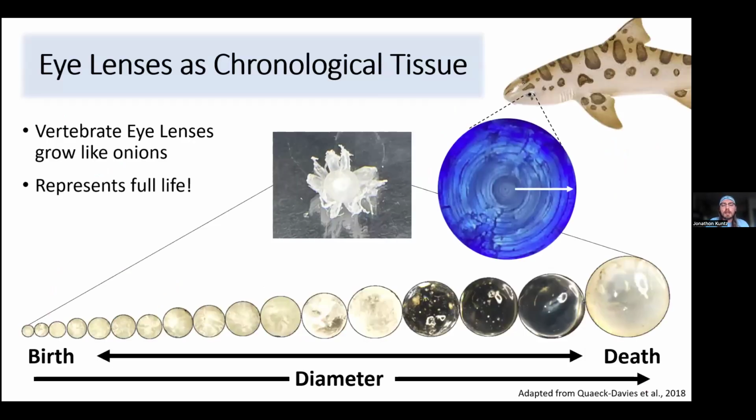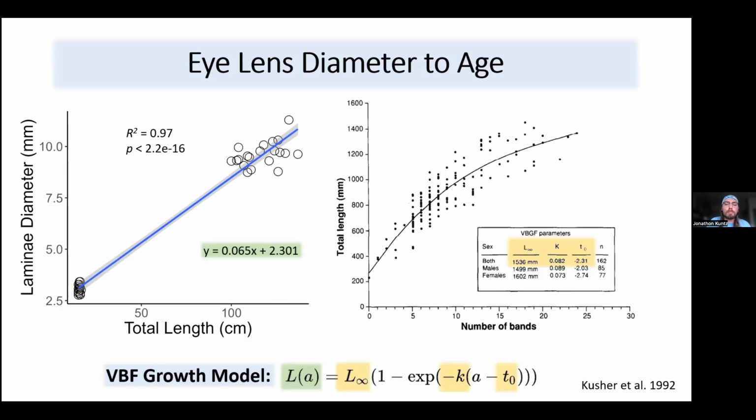And so we can see that this is kind of like how I peel the eye lens. All the way at the smallest on the left is birth, all the way to death. I record the diameter of those eye lenses, because the diameter of the shark eye lens to the total length of the shark is pretty much a 1-to-1, an R-squared of 0.97. We can then put that into a von Bertalanffy growth model to pretty much say, okay, at